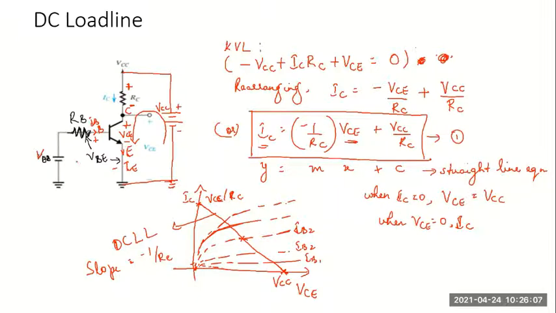VBB by RB. Will it be VBB by RB? There is one more voltage here. The base current is flowing in the input loop. Apply KVL in the input loop. Can you tell me the KVL equation of the input loop? Again, negative to positive, so minus VBB. And IB should enter the transistor. Yes, this should be plus IB RB.